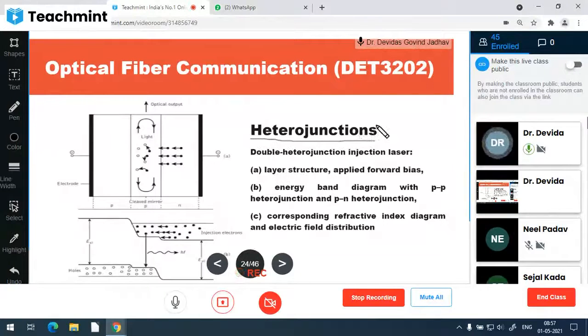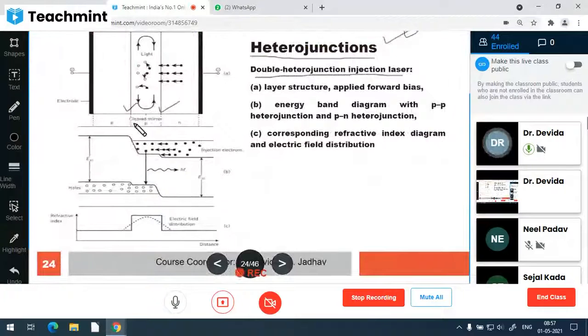If there is one heterojunction, it is a heterojunction. If there are two heterojunctions, it is a double heterojunction. In a double heterojunction, one junction is PP and the other is PN. The second P and the N have different band gap energies altogether. So this EG is different, this EG is different, this EG is different. The central sandwiched P region has the minimum band gap energy, and the P on one end and the N on the other side have very high band gap energy.